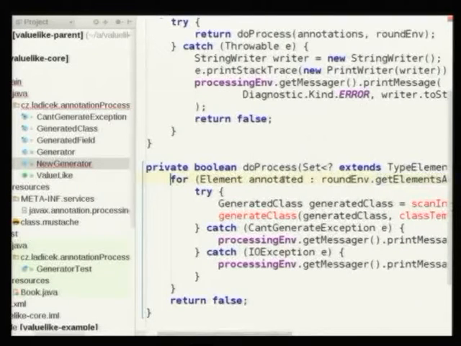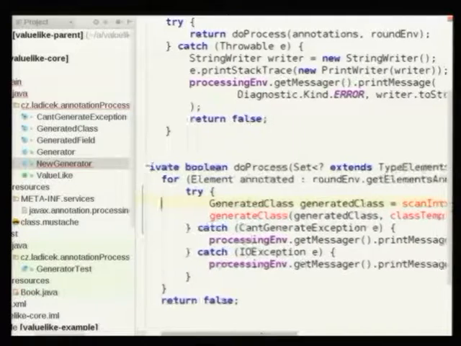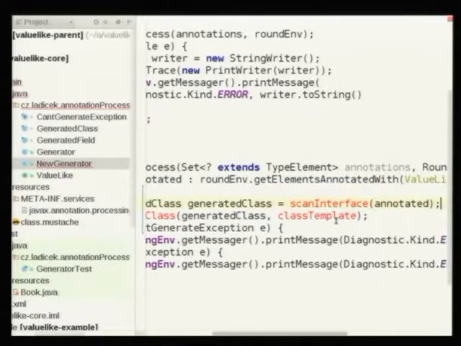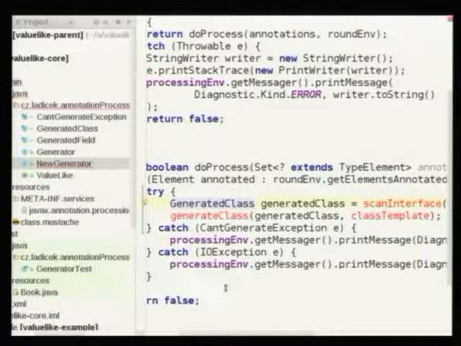So you get all of them, and you do a typical two-step process. First of all, you use the element to figure out what you want to do, and you typically want to put this information in a class that describes what will be done. So first phase will discover information, and the second phase will generate code